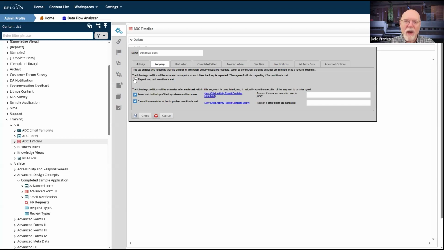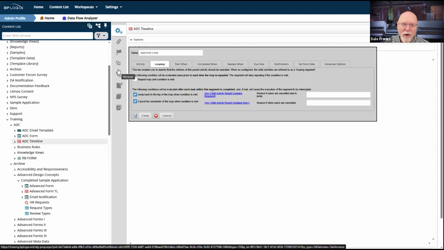So if it is approved, then I don't need to do anything. We're just going to go through all of my activities and then it's going to be over and ta-da, we're done. Or if I deny it, it's not going to happen anyway. I want to skip out. I don't want any of my subsequent approvers to look at it. I don't want them to be presented with a task. I'm done. My request has been denied. If it was denied at the second approver, I don't need the third approver to look at it because it's been denied. So I need to do one of two things in most cases.